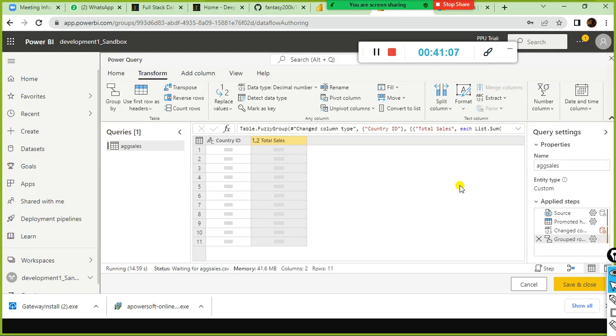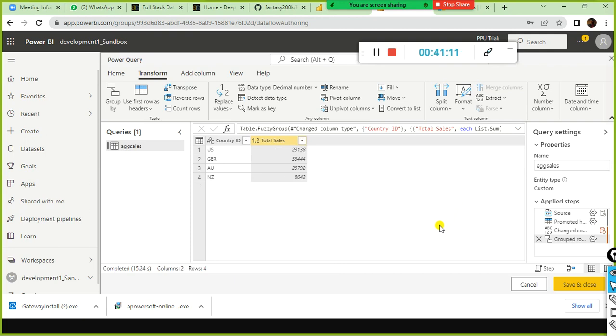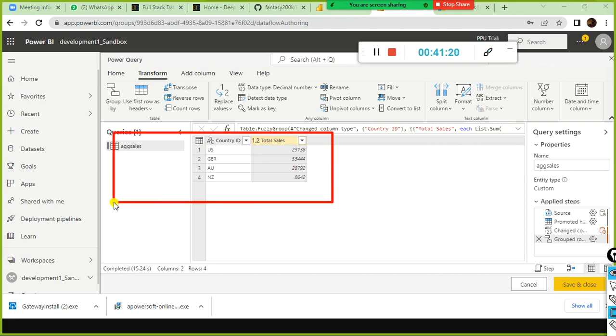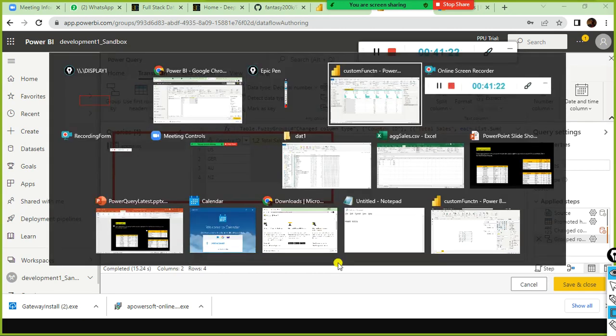So it's still running. Good, it did the perfect job. We don't see the duplicate value, right? We don't see the inconsistent value. Now let us compare the output of this one with the output of